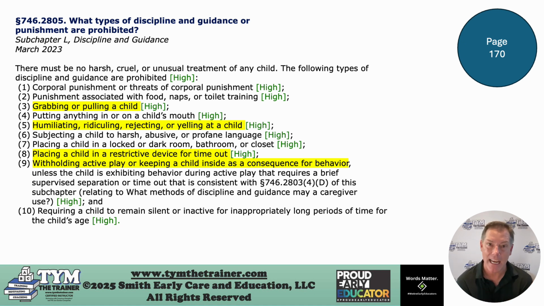When you've got biting going on in your classroom, we want to focus on stress reduction techniques. Stressed toddlers bite, all right? So it's all about stress reduction. Nothing you do after a bite will prevent future bites, all right? So I've got a video on my website on biting. Please check it out. We kind of talk about all of this stuff.